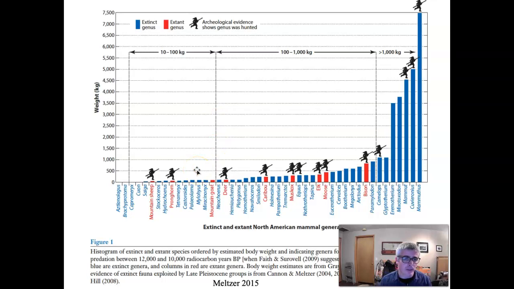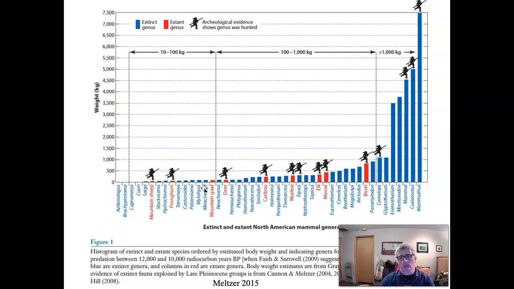The argument here is that the extant genera are red. I'm colorblind, I think they're red. Seems kind of a weird color. You'd think they'd be green. And then the extinct ones are this blue color. So the red ones are still here. The blue ones are now gone. The image of the individual holding a spear is to indicate those